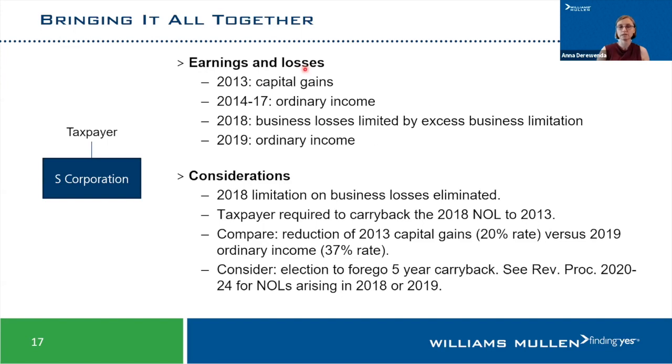So there may be a rate difference here for the taxpayer who may actually have more income, because here it's reducing income that was taxed at the 20% rate versus the expected ordinary income that would be taxed at a 37% rate. So one thing that the taxpayer may consider here is whether they want to go ahead and make the election to forego the 5-year carryback. Now compare this situation